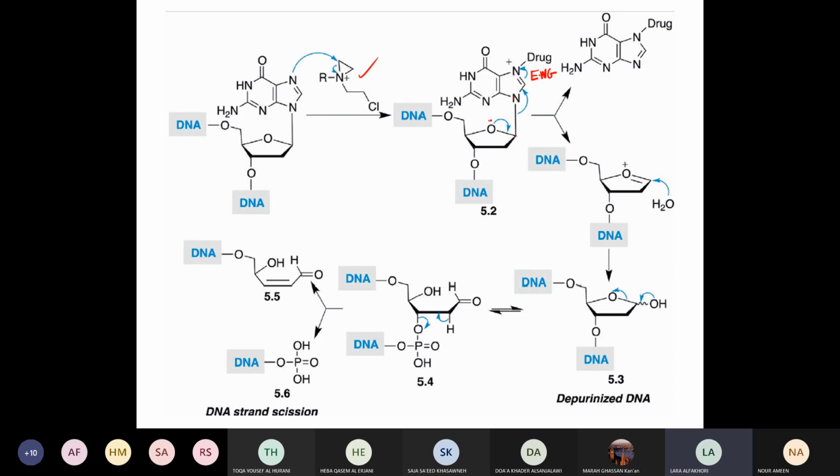So it becomes easy for this oxygen in the deoxyribose to form a double bond in here and break the bond between the deoxyribose and the nucleic base. And this will eventually lead to a cascade of events that will break the covalent bonds in the backbone. Such an alkylation will result eventually in breakage of DNA. Okay?